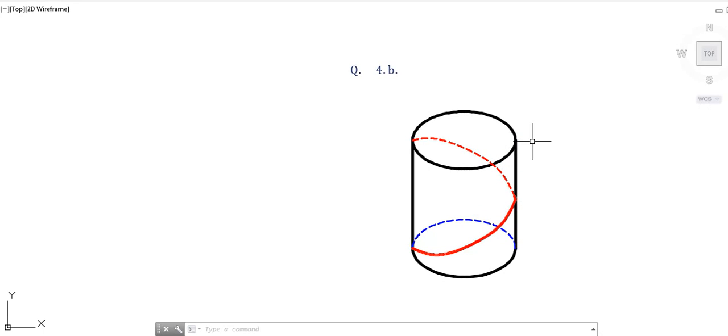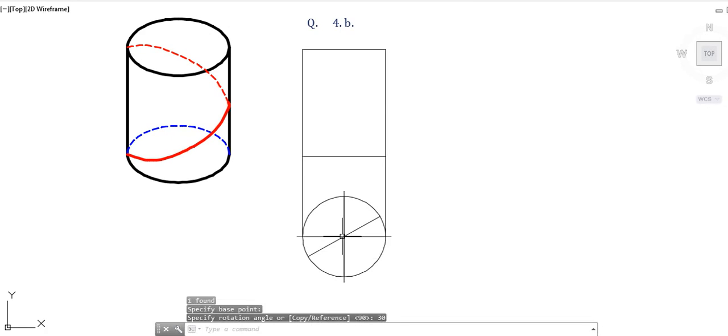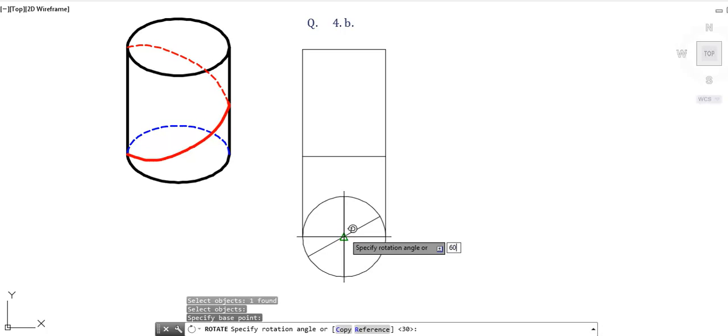Generally we draw the cylinder with the circle in the top view and the rectangular surface in the front view. So let us begin. As you can see students, I have drawn a circle of diameter 60 and a rectangle in its front view of height 80. Now I am dividing this circle into n number of equal parts. Since the circle's diameter is large, I am dividing it into 12 equal parts. You can use your protractor to divide it.